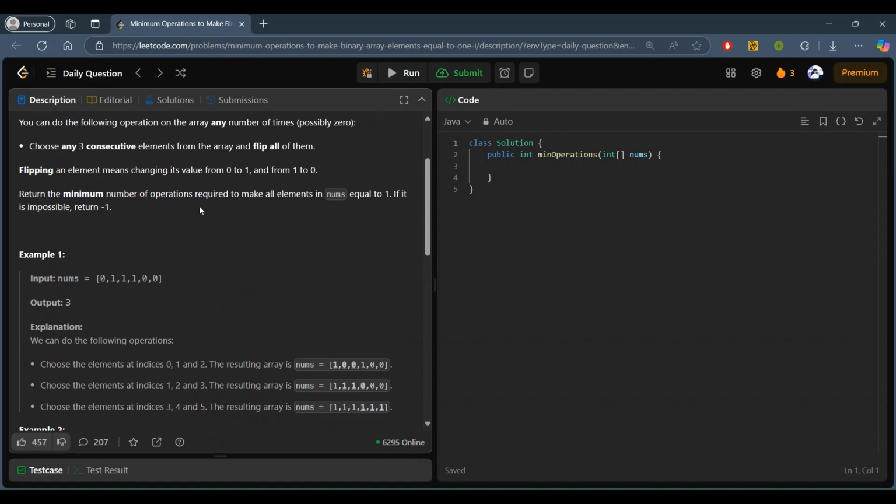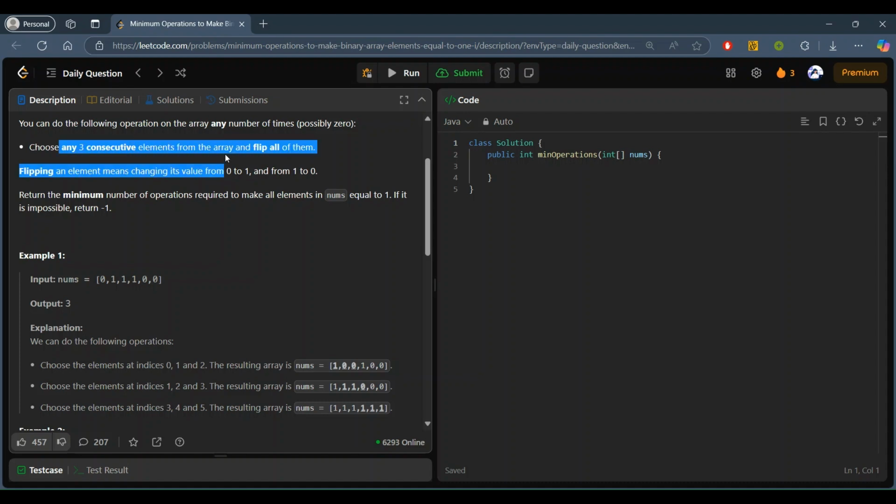So we have to take any three consecutive elements from the array and flip them. Okay, so the ultimate aim is to make all the elements one.